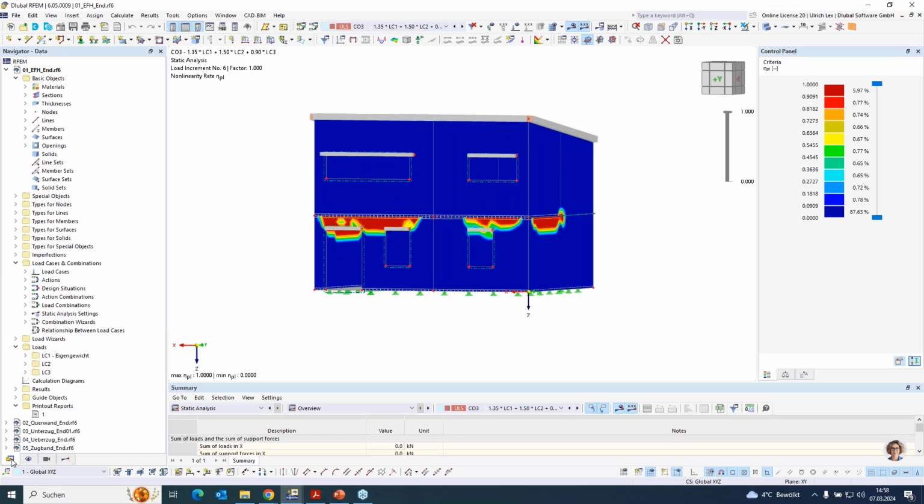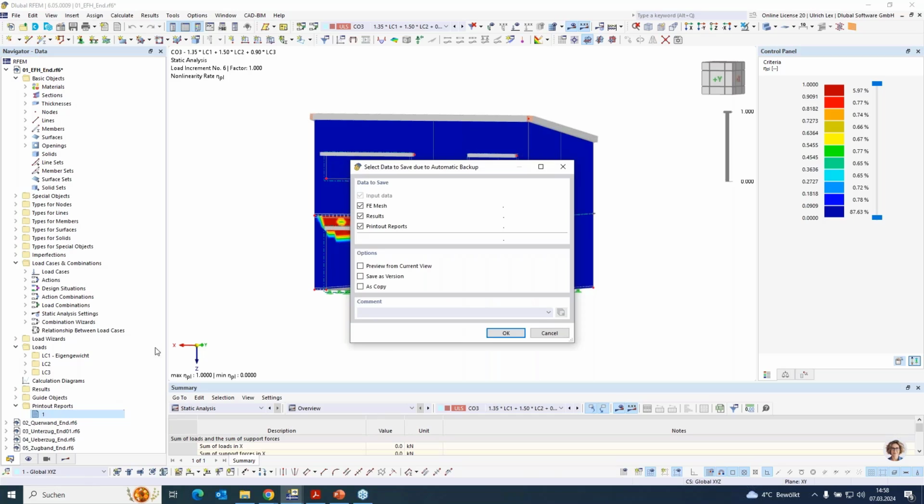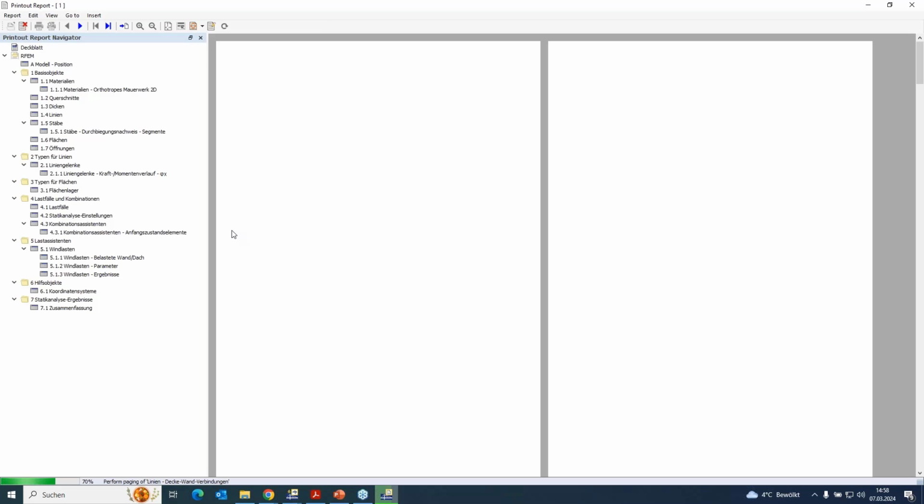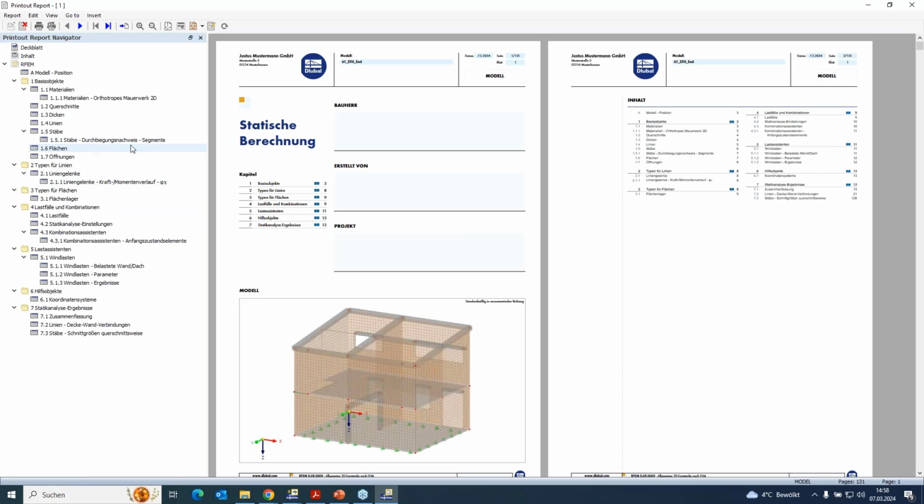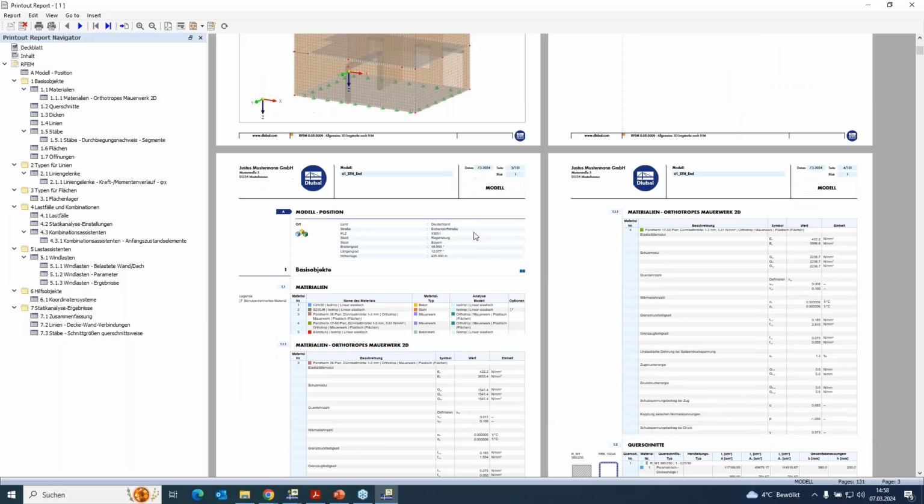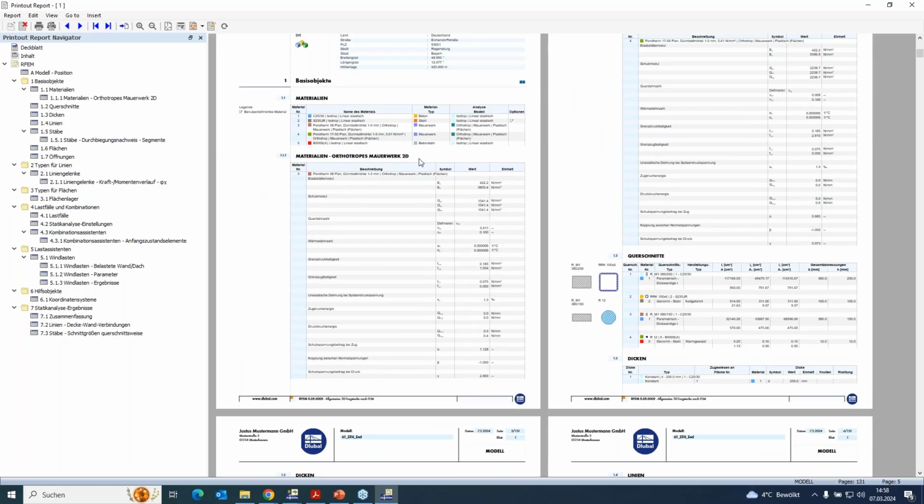And of course, we have the printout report. If I open the printout report, you have a lot of tables, a lot of things implemented. All things that you have inside, and you have also documented the things from your material,